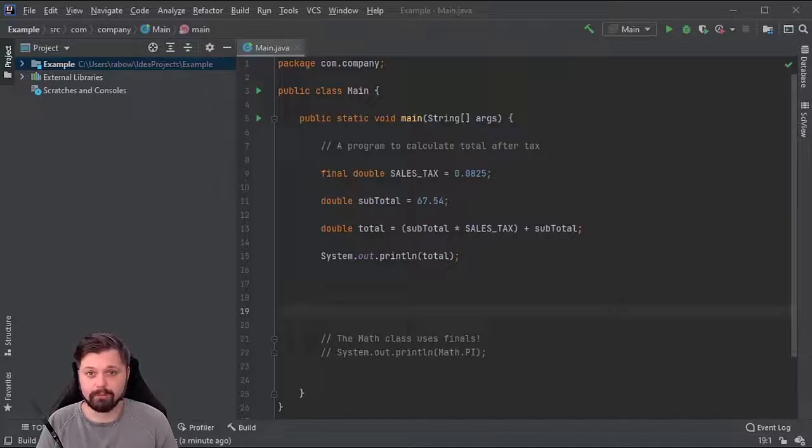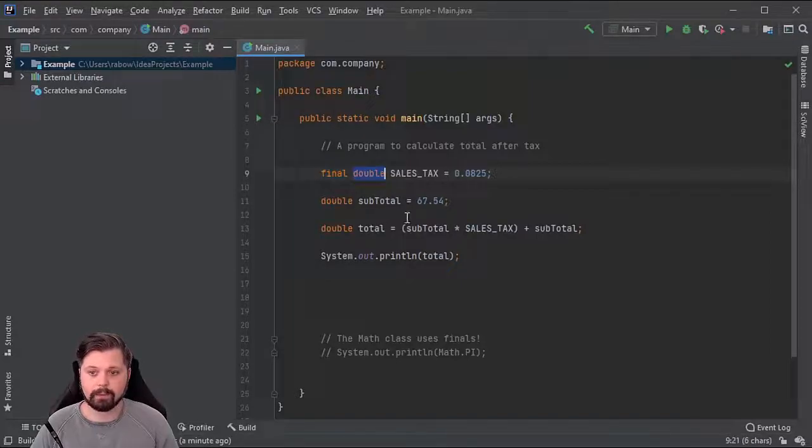You'll see what effectively looks like the bottom of a receipt where you'll have the sales tax declared. A couple notes about this. First, I use the final keyword informing Java that I want this variable to be set and then I do not want it to be changed for the remainder of the program.